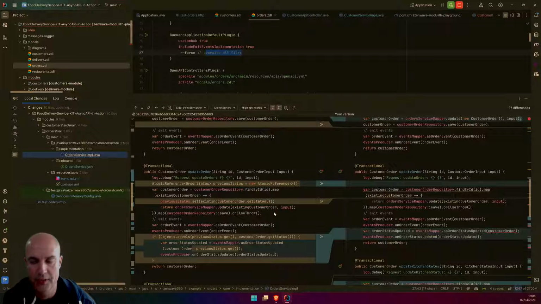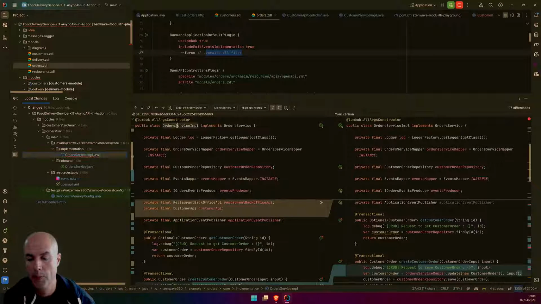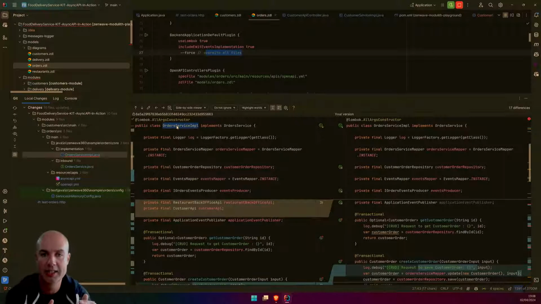So now I have the finished version, and I could do the same with the order service, but I prefer to copy these changes one by one to show you that the difference between the baseline that we get from ZenWave and the finished code, well, it's not that far. And obviously, there is always work and there are always details that you need to implement.